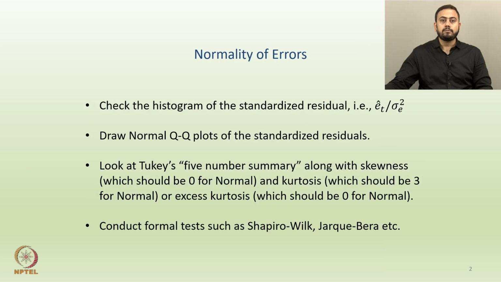Alright, so now the first aspect is normality of errors. If you remember, one of the key assumptions that we have made earlier is that all the errors in the underlying model should follow a normal distribution of some sort. Whatever the mean, whatever the variance, the distribution should be normal. So, we actually have multiple ways of checking this hypothesis, or checking this claim.